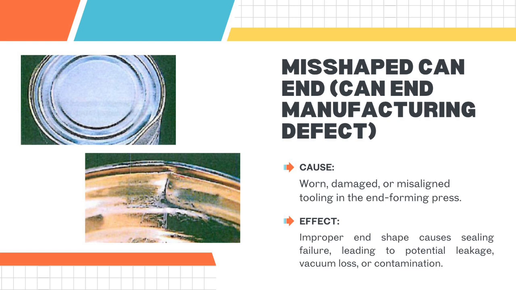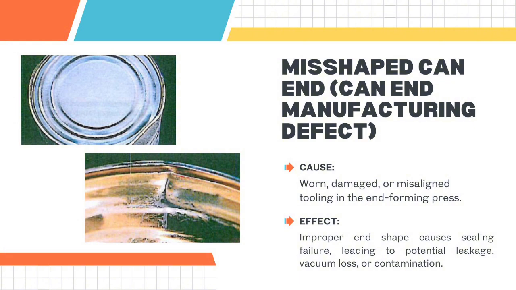So why does this happen? The most common cause is worn or misaligned tooling in the press that forms the can ends. If the machinery used to shape the lids isn't properly maintained or set up, it will start producing defective ends. The effect of this is quite serious. A misshaped end can prevent the lid from fitting correctly onto the can body, which leads to poor sealing. That poor seal can cause leaks, contamination, or even loss of vacuum, any of which can spoil the contents